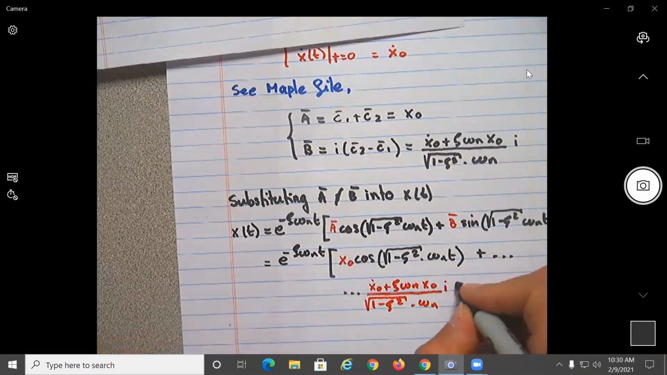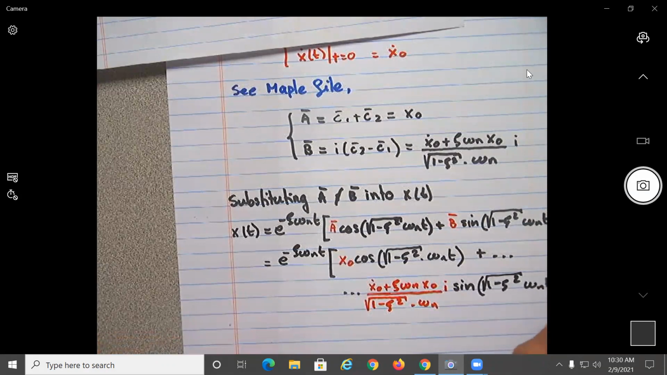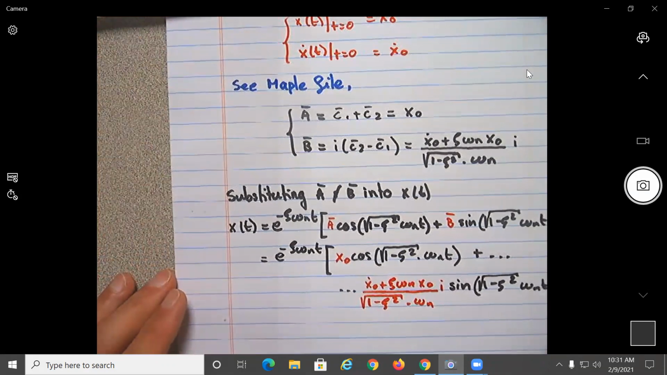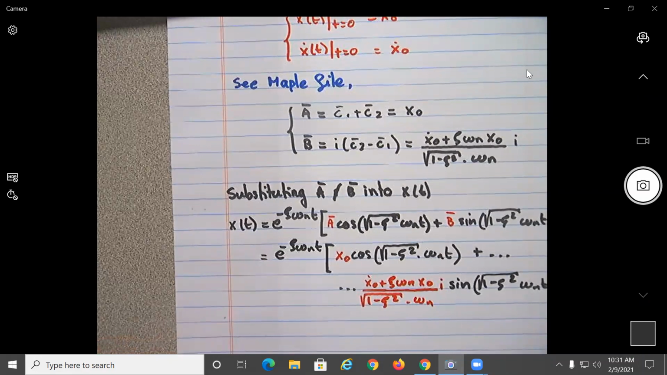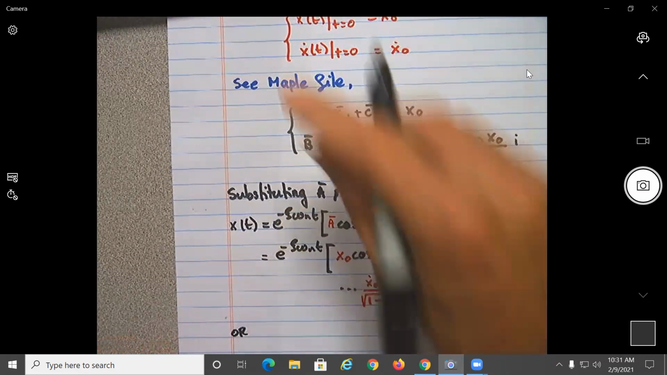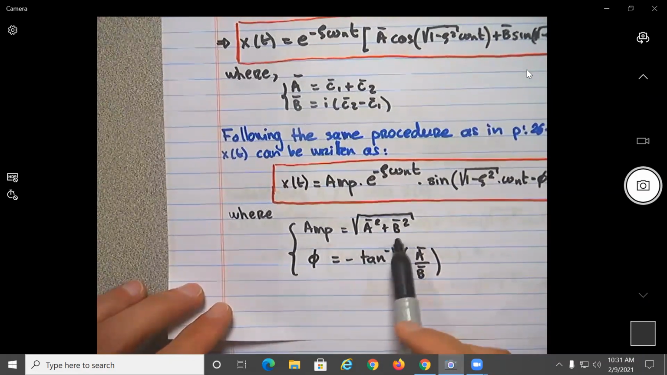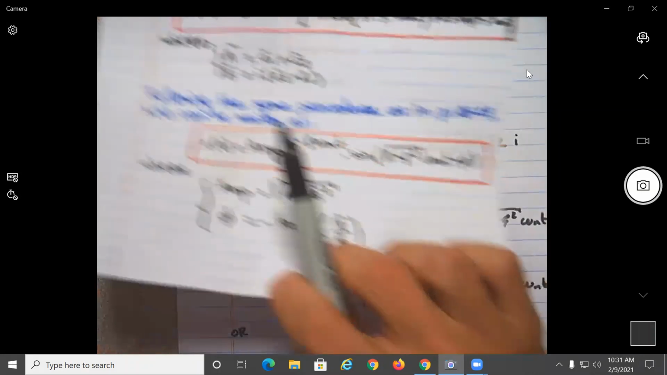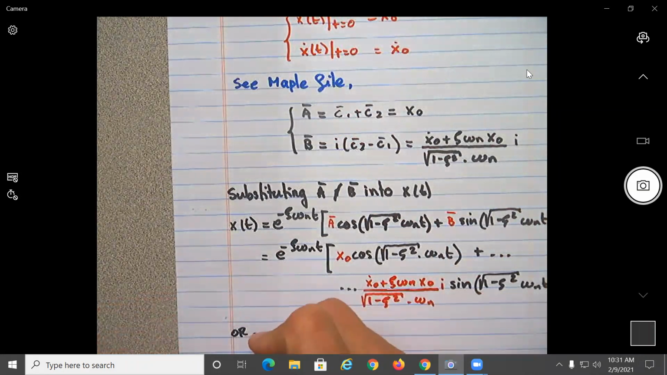I sine square root of 1 minus C squared omega n T. Okay, this is very complicated, but remember that you can always rewrite this under this form, where you know that the amplitude will just be this square over here plus this one square, all right, when you substitute for A and B. Okay, so let me just write this one. Or it is easier